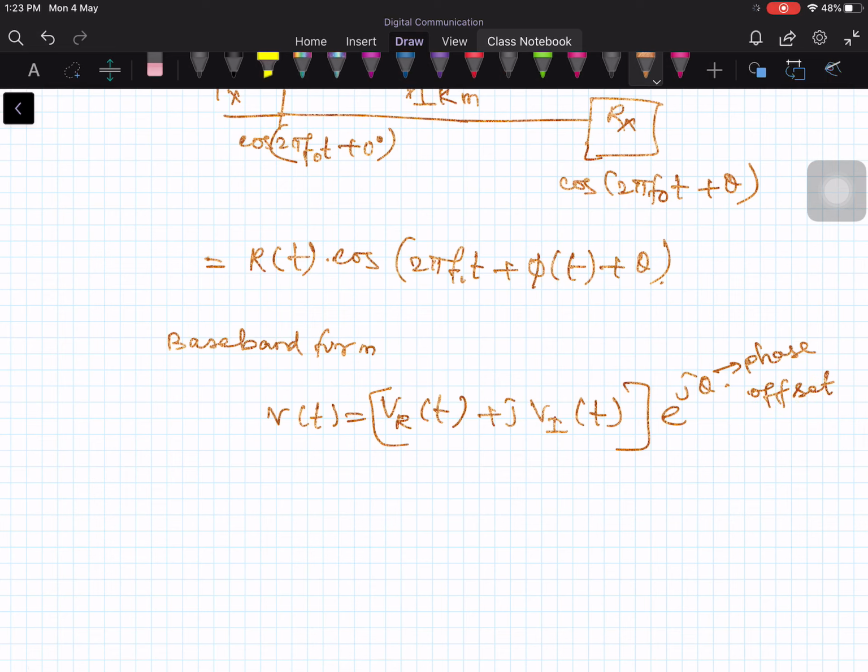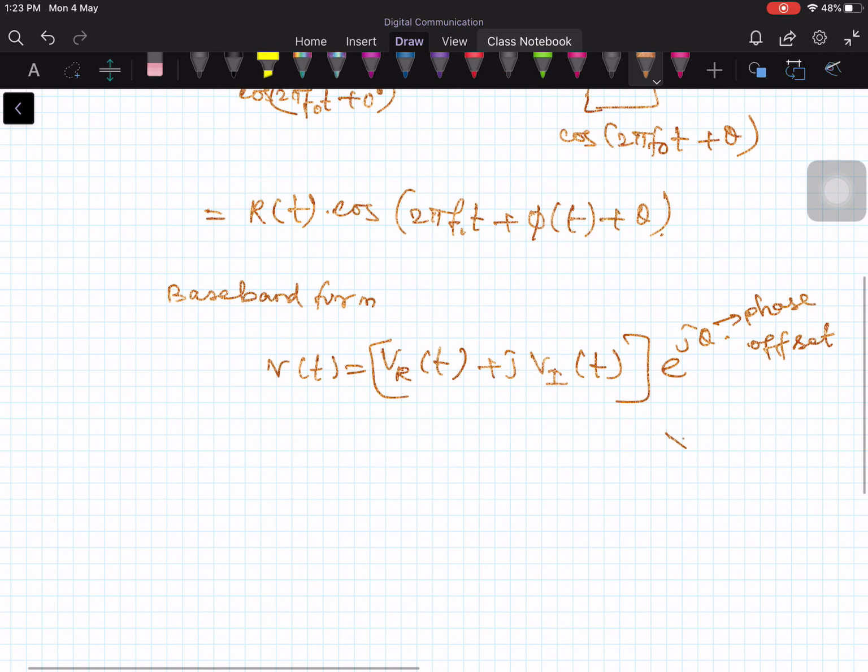The carrier is phase offset with respect to the carrier which you are generating at the receiver, and all you have to do is to compensate for it by multiplying the complex envelope of the received signal by simply e power minus j theta. So therefore this phase and that phase both will cancel each other. And after that, if our phase estimation is good, we can more or less assume that we have no phase offset effectively, because we have perfectly compensated for it.